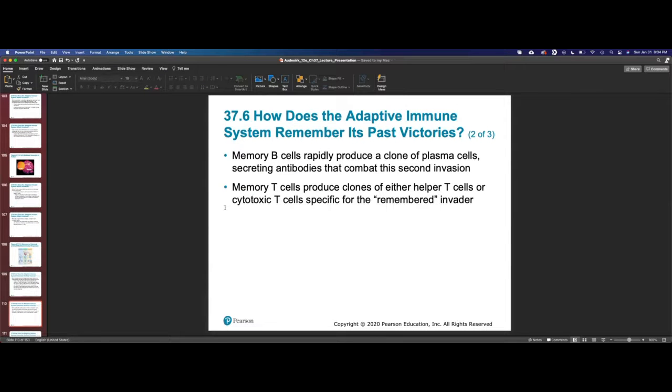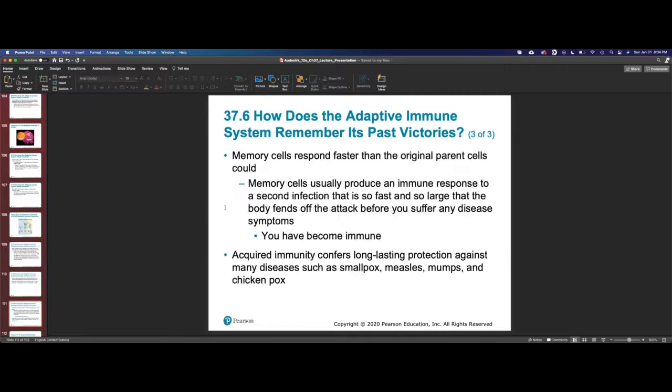Also, we don't talk about it in this chapter, it's related to, I believe, our last one, microbes that have a slime coat around them. It's going to be difficult to actually have those antibodies directly interact with your cellular receptors if your cellular receptors are protected by a layer of slime. So certain microbes are harder to fight off because of that. You can't directly interact with the cellular surface.